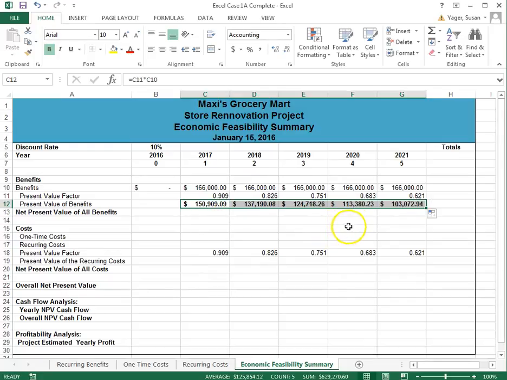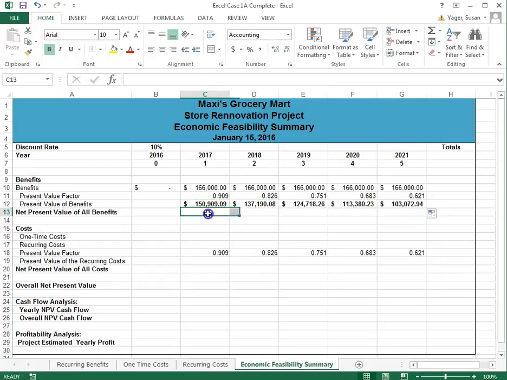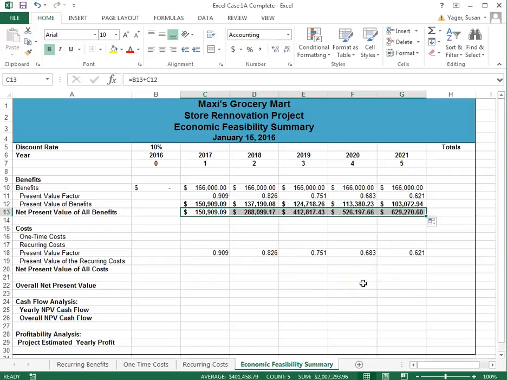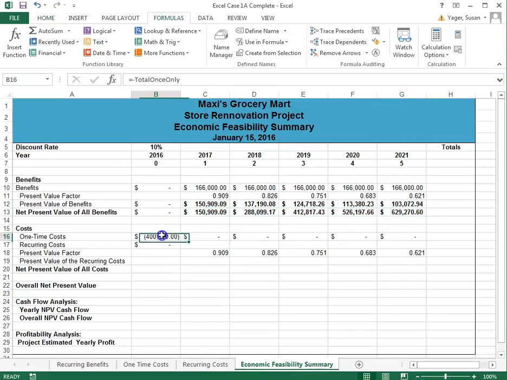You can double check your amounts, make sure it's working correctly. Net present value of all benefits is equal to the net present value of benefits from the previous year, in that case it's here, plus the present value of benefits from the current year, here. And since it was 0 in year 0, and again, you can double check your dollar amounts to make sure things are correct. I already used my name range to input the one-time cost there, and I put 0 in